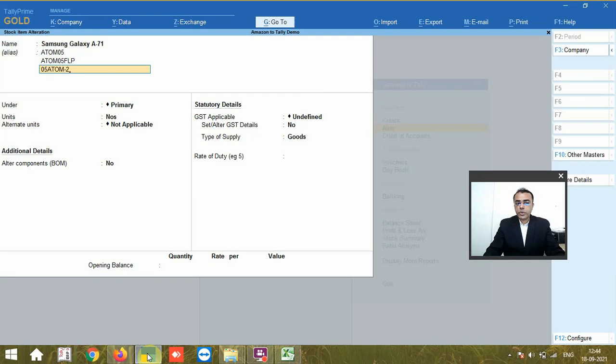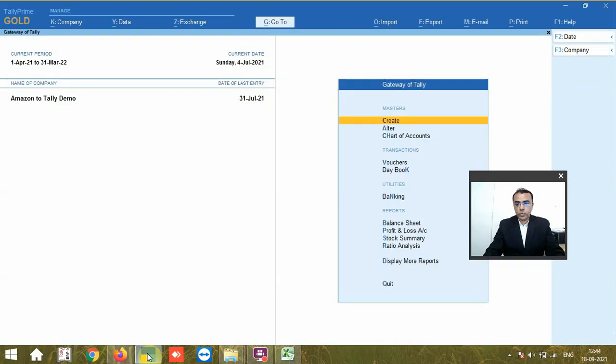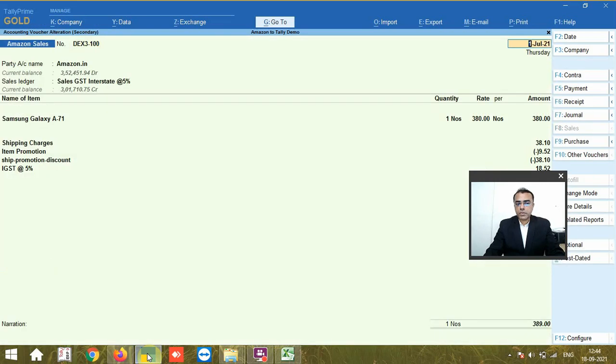So this way you can have multiple SKU codes belonging to one particular product, so that all your sales vouchers will be displayed as Samsung Galaxy. Let me show you. Display statement of account statistics. I'll go to Amazon sales. So here you can see the name has been changed to the primary product name, correct?